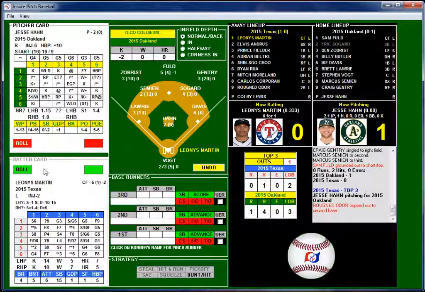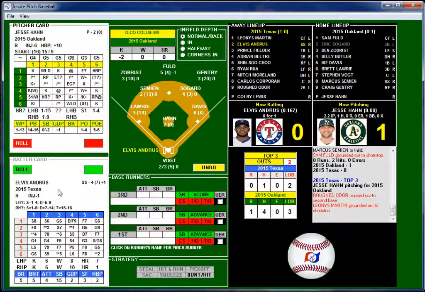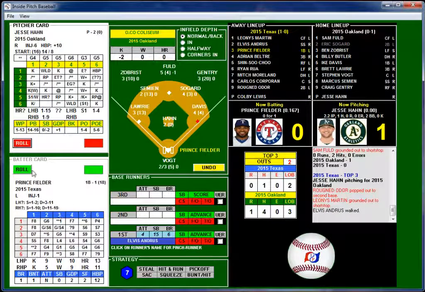All right, back to the top of the lineup. 0 for 1 today. Martin, 24, and still no strikeouts. 42, that is going to be a ground ball to Semien. Out. Over to Davis for the second out. Elvis is up. Elvis has not left the building. It's 0 for 1. 54, and Elvis has walked. Outside. Base on balls. And coming up is Prince Fielder.